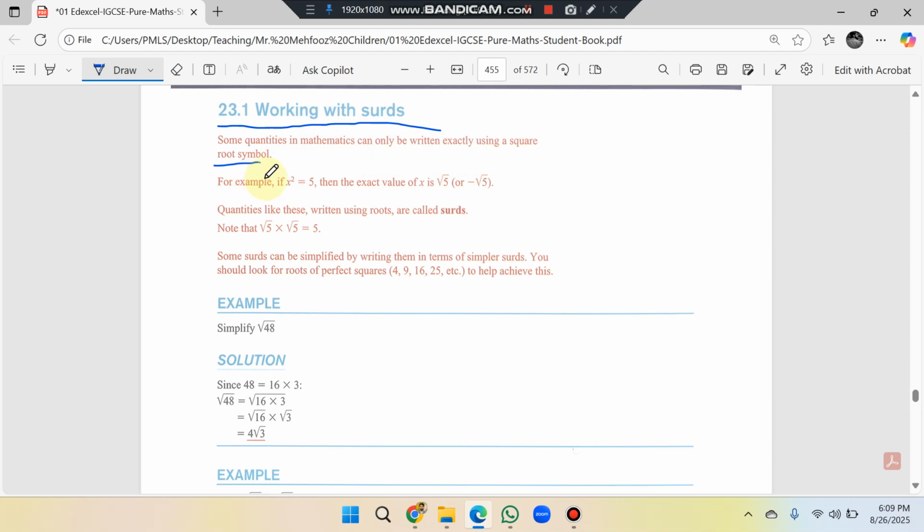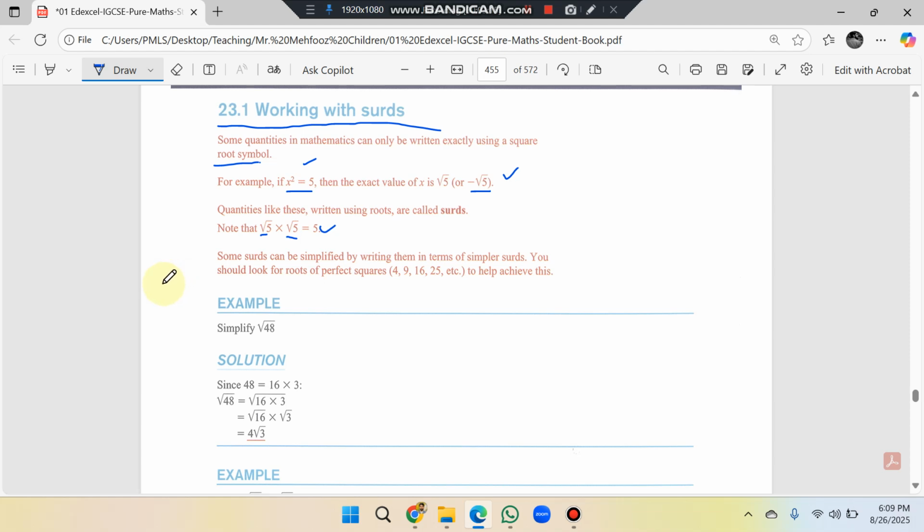For example, if x squared is equal to 5, right, then the exact value of x is basically square root of 5 or minus square root of 5, right? Quantities like these written using roots are called surds. Note that square root of 5 multiplied by square root of 5 is equal to 5, and we have discussed in previous lessons that the values involving the square root symbol are called surds. Okay,